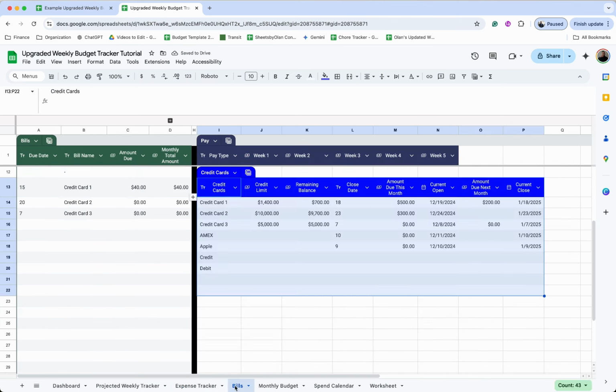So I'm going to go back to my bills tab. And this is if you have a rolling balance from month to month that you're still working to pay off. If you already paid it off, the other way is way simpler and way more accurate. But this way will give you a nice estimation to make sure you have enough money to pay things later on. So after whichever credit card you're wanting to use this for, we'll type equals